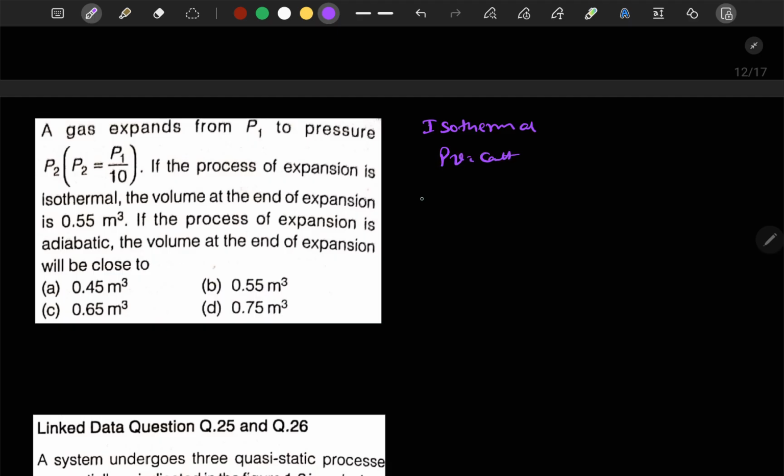It means that P1 V1 is equal to P2 V2. Here P1 into V1 is 0.55, and P2 is given as P1 upon 10 into V2. So from here we will obtain V2 is equal to 5.5